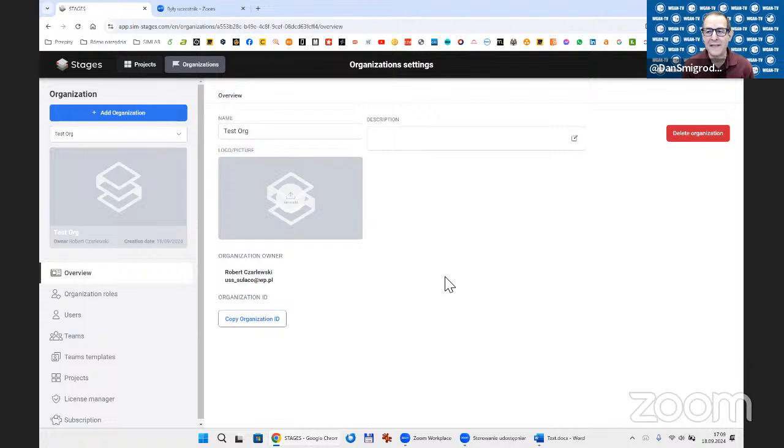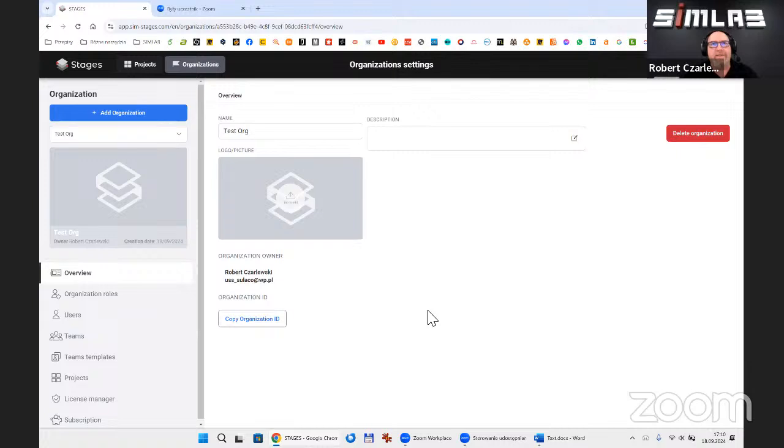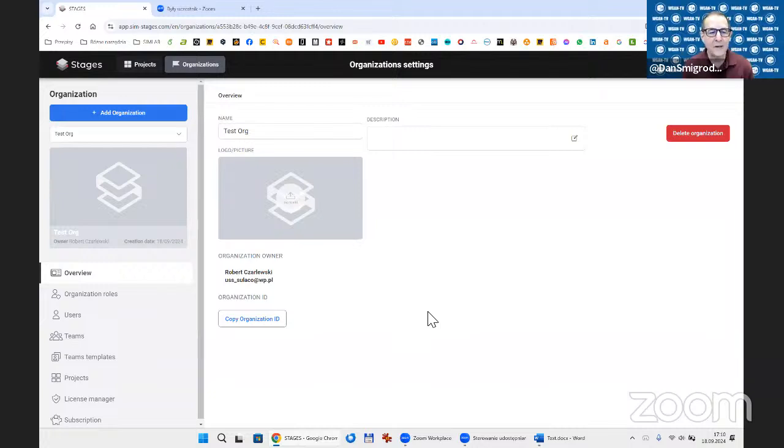I'm thinking about it as this is my company, and I'll be inviting people to my organization to view our projects. You should consider an organization in stages like your company, because in an organization you can put a lot of projects. So you're creating an organization as a kind of container for your projects. Okay, I'm clear on that.